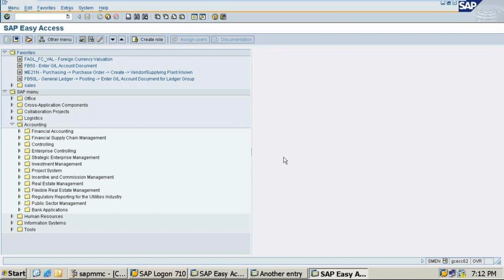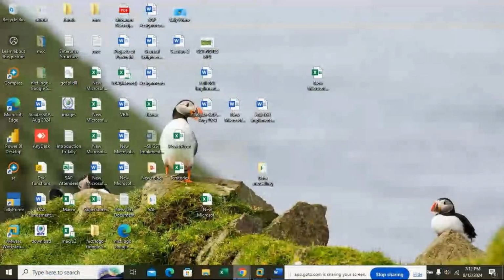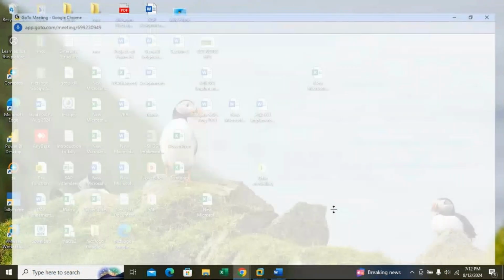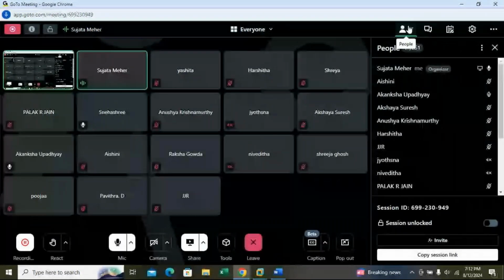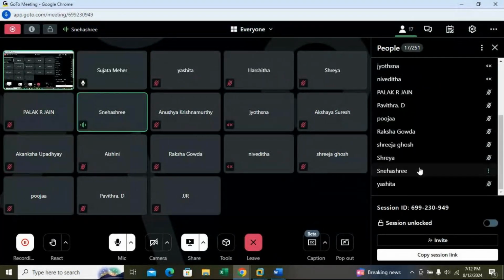Ma'am, it's not letting me enter anything in the tax column. Where? Share the screen now. Sneha Srina, share the screen. Ma'am, I'll redo it and I'll send pictures if I have doubts, ma'am.